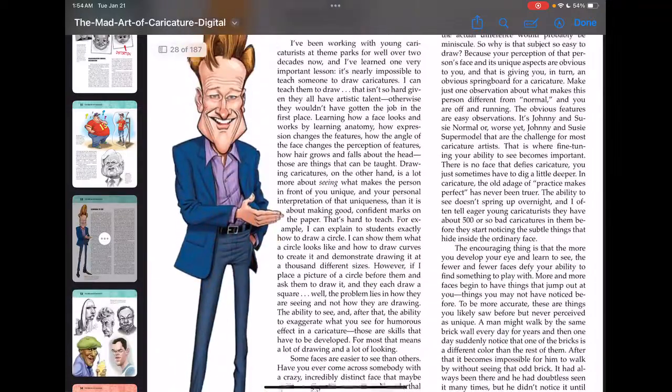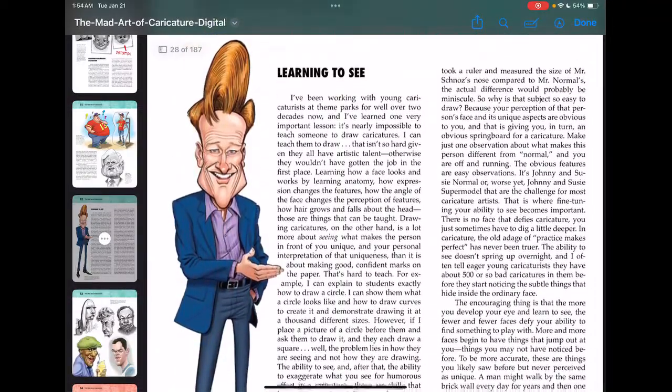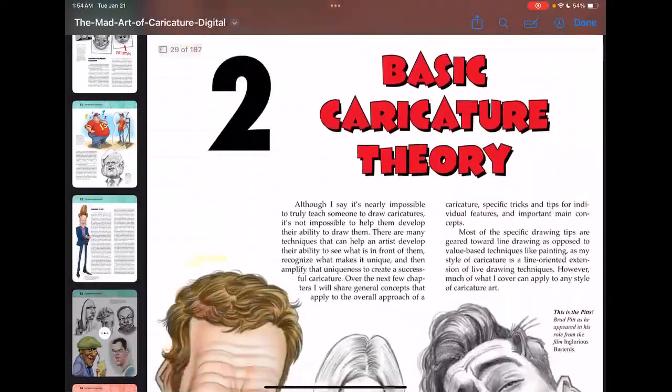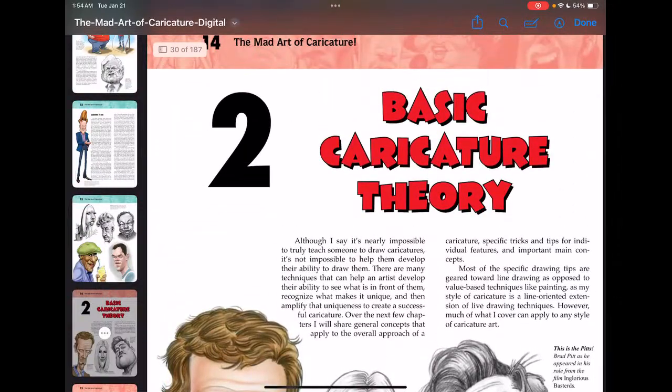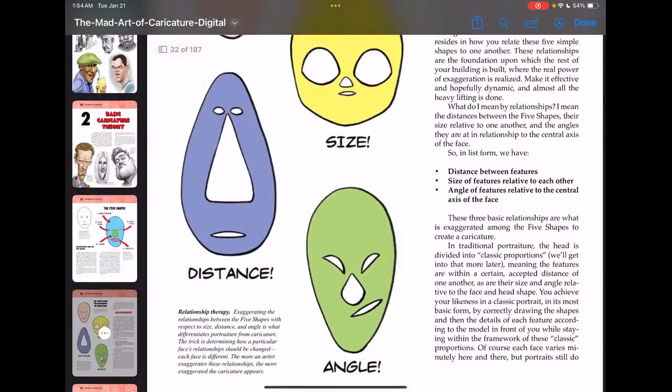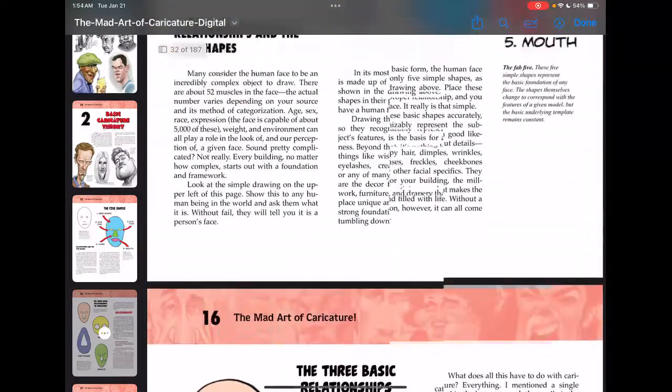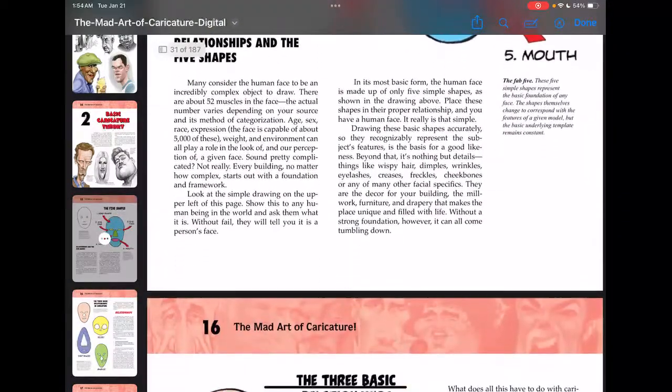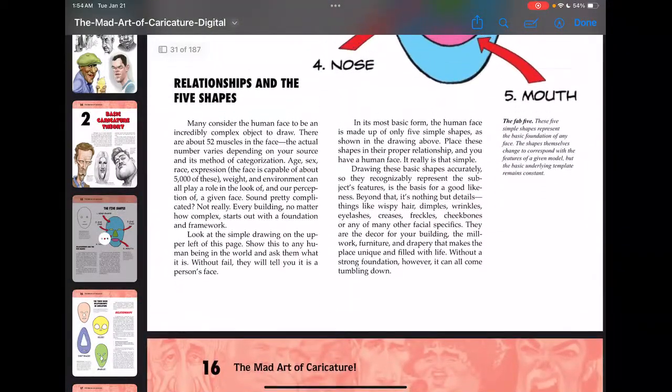Learning to see. That's interesting, because sometimes you just don't see it. All right, how about I start off with the basics and then I'll find my way to the T-shape.